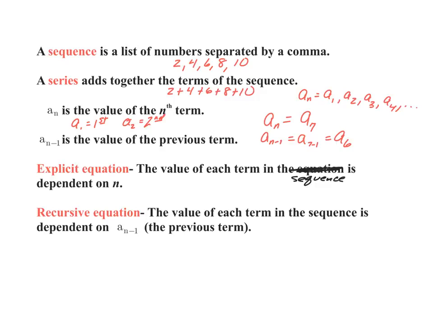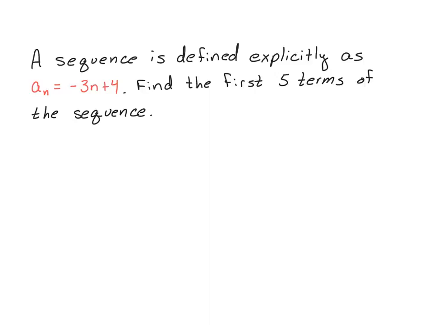Okay. All right, so let's take a look at a few problems and see how this works out with our vocabulary. So a sequence is defined explicitly as a sub n equals negative 3n plus 4. Find the first 5 terms of the sequence. All right, so we need to find a sub 1, which would be your first term, and that simply means that your n value is 1, and when we substitute that in, you end up with negative 3 times 1 plus 4